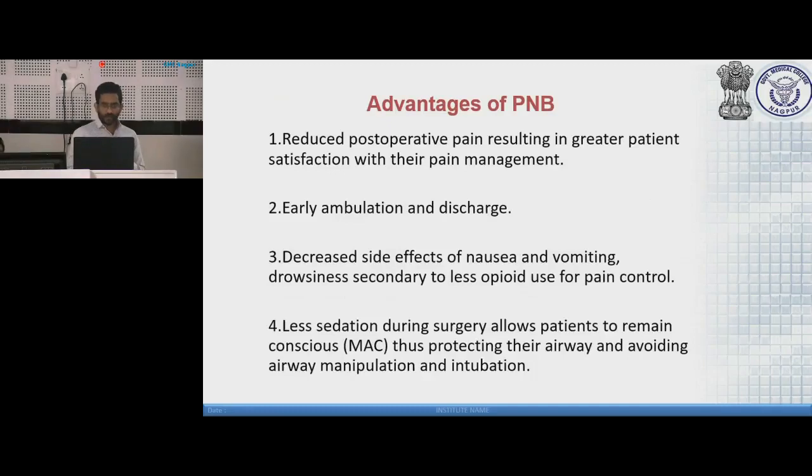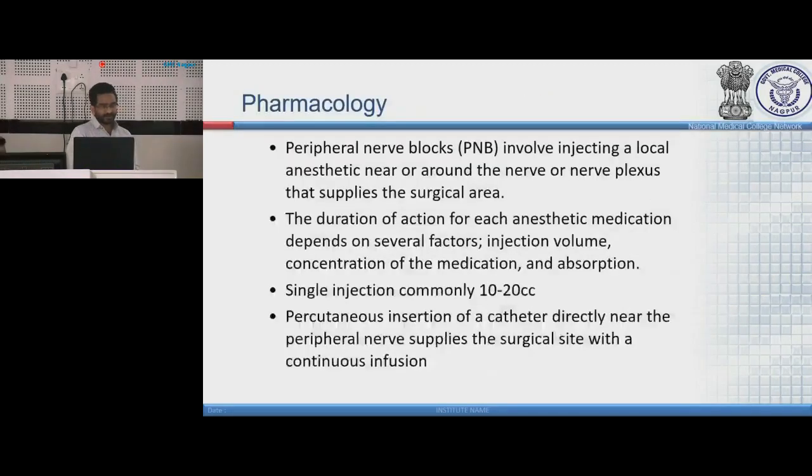Basically, local anesthetics act by blocking the voltage gated sodium channels. At the cellular level, sodium influx occurs. This causes generation of action potential, depolarization and conduction of the impulses. Local anesthetics block the influx of sodium so that depolarization and repolarization are inhibited and conduction is also inhibited. That's why impulses do not reach the central nervous system and the patient does not feel pain when a peripheral nerve block is given.